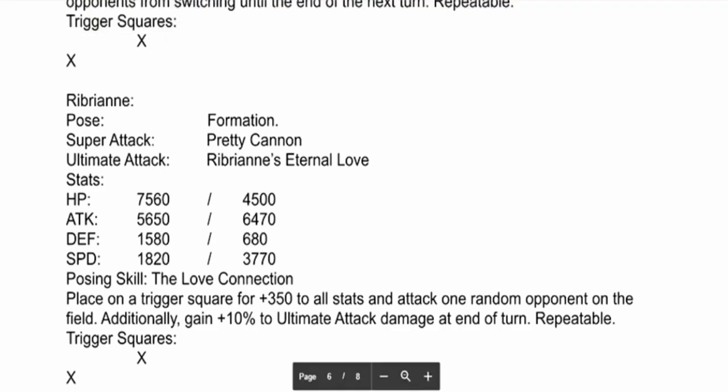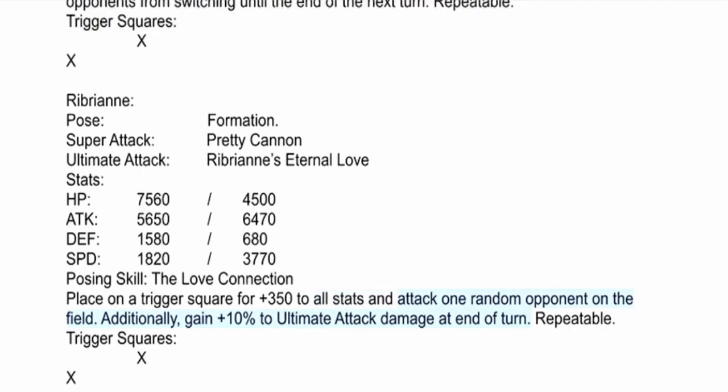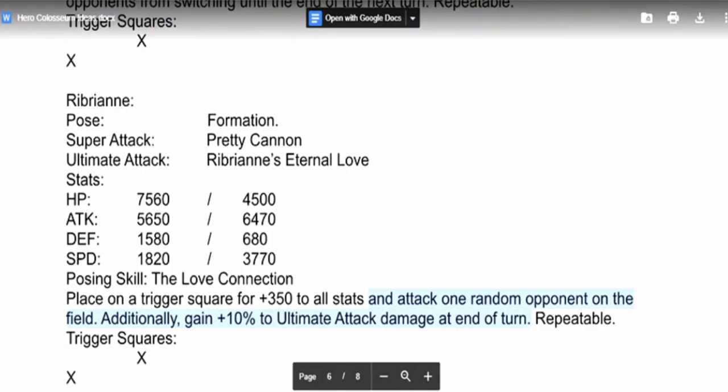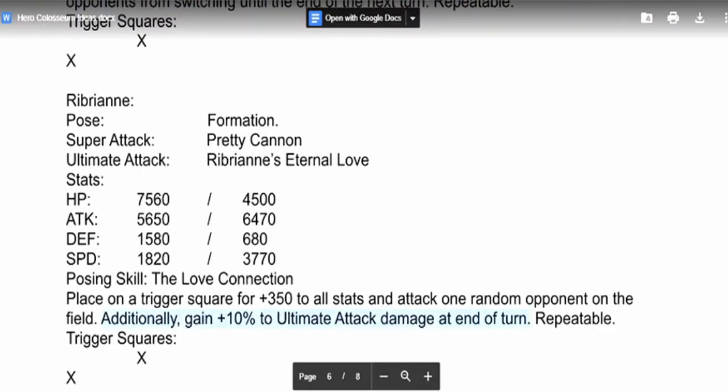I like that she buffs her stats up. I think buffing herself is more of a priority rather than what they tried to make her current figure do. I just don't think that the second half of her posing skill is... Not that it's not good, I just don't think that part is good for the game, and there's better ultimate users, plus she doesn't even trigger on the middle, so...